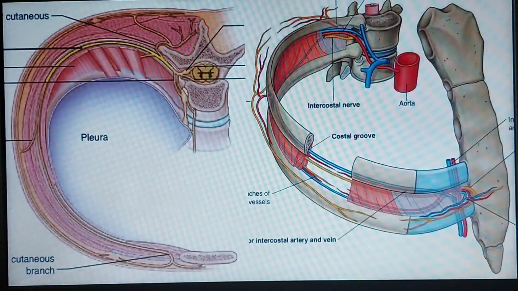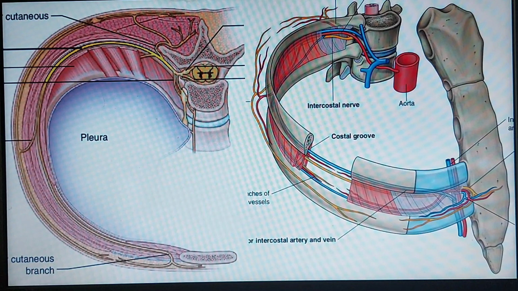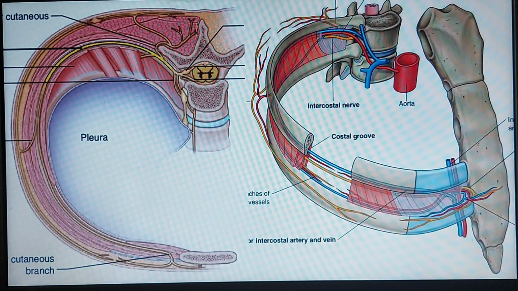Mnemonic is the vein. So intercostal nerve, among the 11 intercostal nerves, the 4th, 5th, and 6th intercostal nerves are known as the typical intercostal nerves, because the intercostal nerves that remain in the thorax have to supply the upper limb as well as the thorax, and in the lower part they have to supply some part of the abdomen. Only the 4th, 5th, and 6th intercostal nerves exclusively supply the thorax. For this reason, these three nerves are known as the typical intercostal nerves.